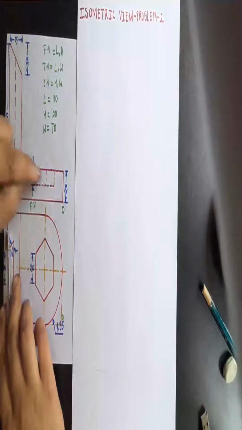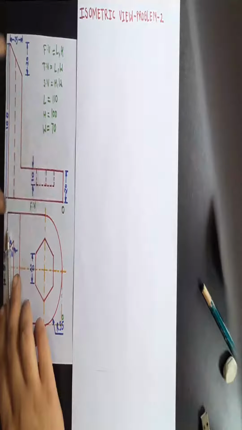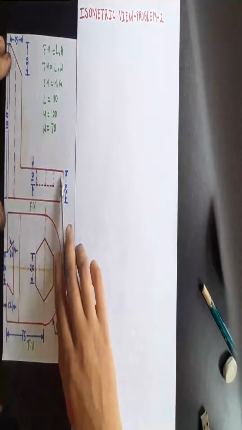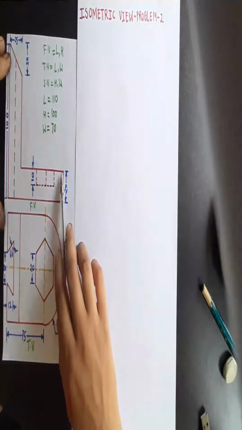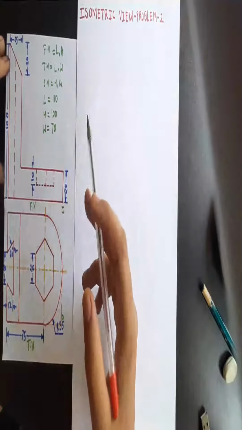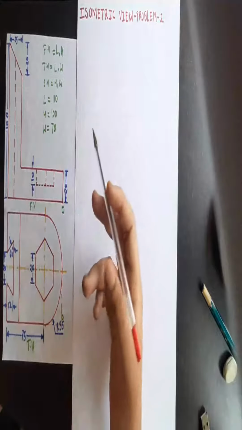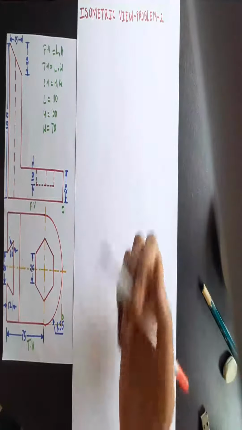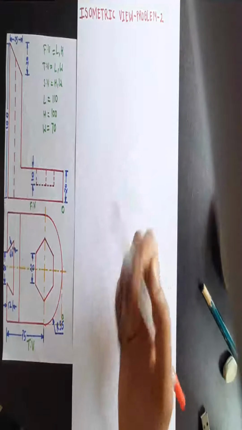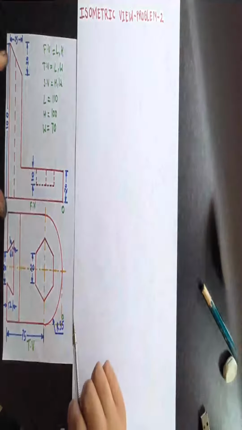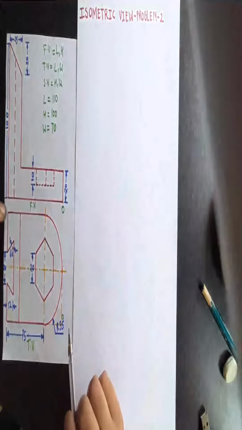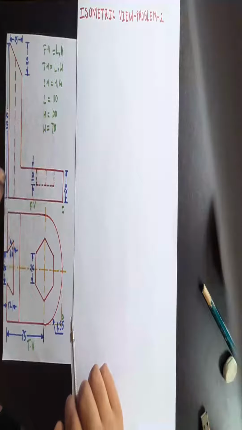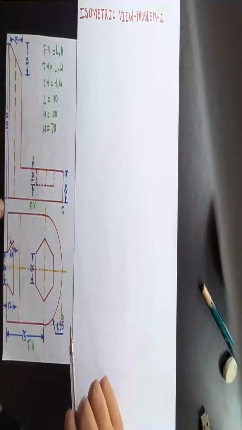Hence, what will happen? Most of the part of this object will be hidden. And in isometric view, you can't show the hidden parts. The part which is hidden is not actually drawn. But if it is not drawn, then definitely you can't imagine what the object is. Hence the origin point is very, very important. So if we take from here, most of the part will be on the back side. Hence this origin is not at all visible.